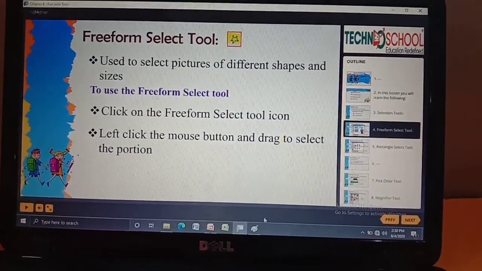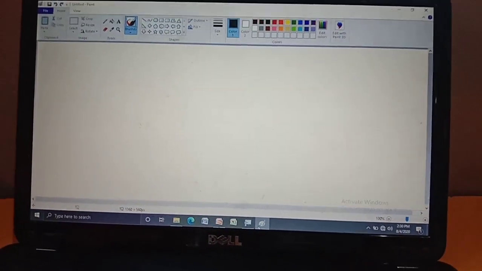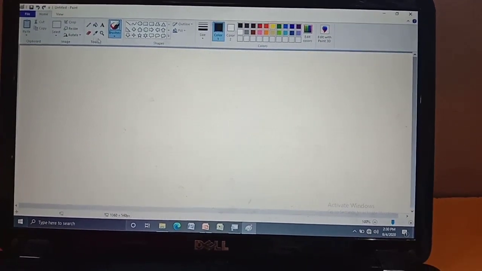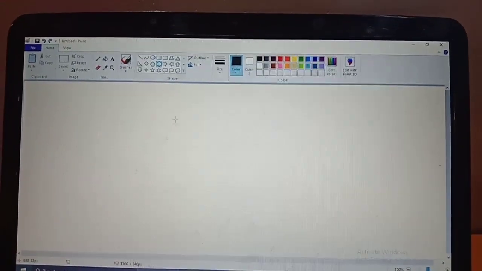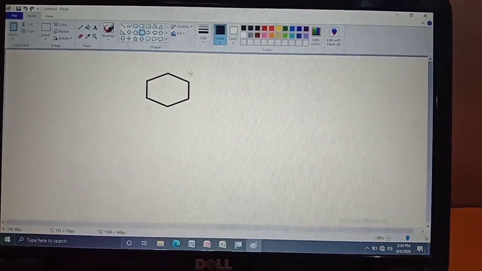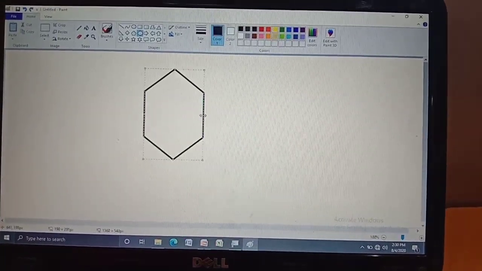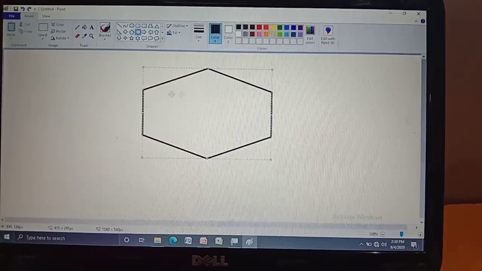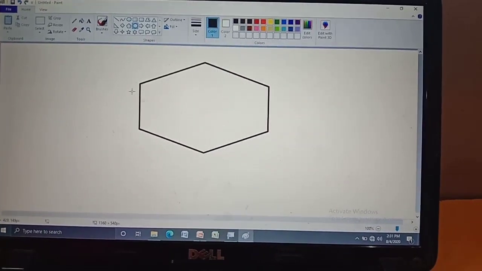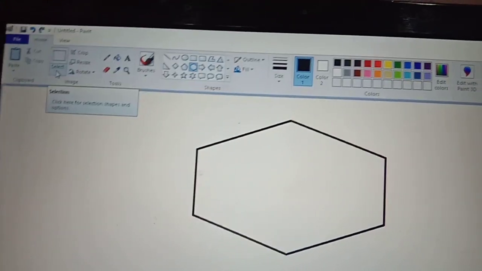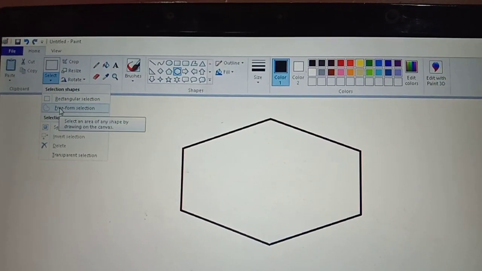See here children, now I am going to show you the freeform select tool. In order to use it, first you draw any shape or an image. Okay, I just drew this image. I want to select it using the freeform select tool, so you just go to select and choose freeform select.